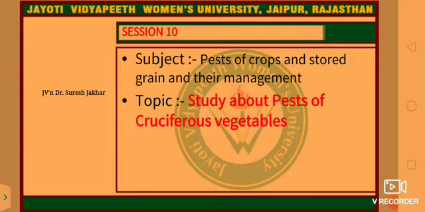Then skeletonized leaves. This is the nature of damage. The larva is greenish with short thin hairs on the body. A full-grown caterpillar measures 1 to 1.5 centimeter and its body tapers toward both ends. The larval period is 14 days. Then pupation takes place inside a thin loose mesh of silken cocoon. The pupal period is about 7 days.